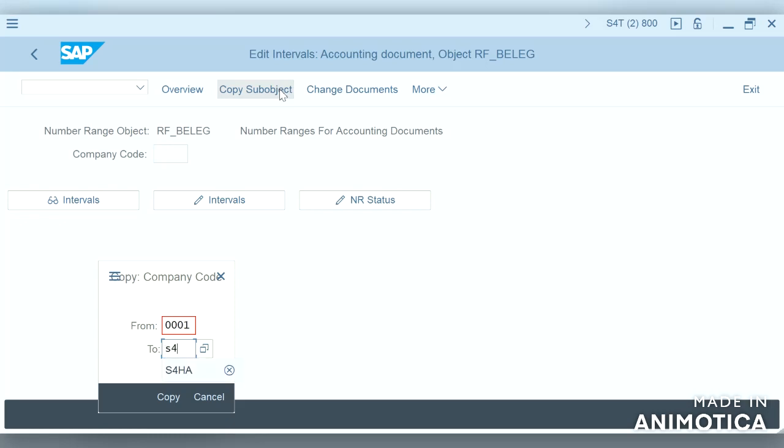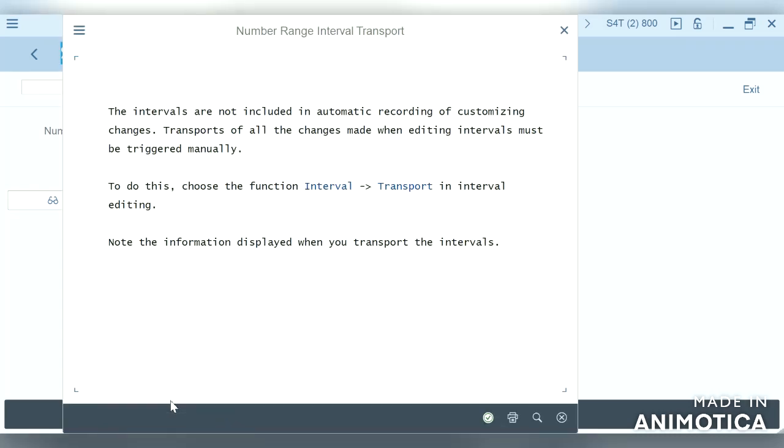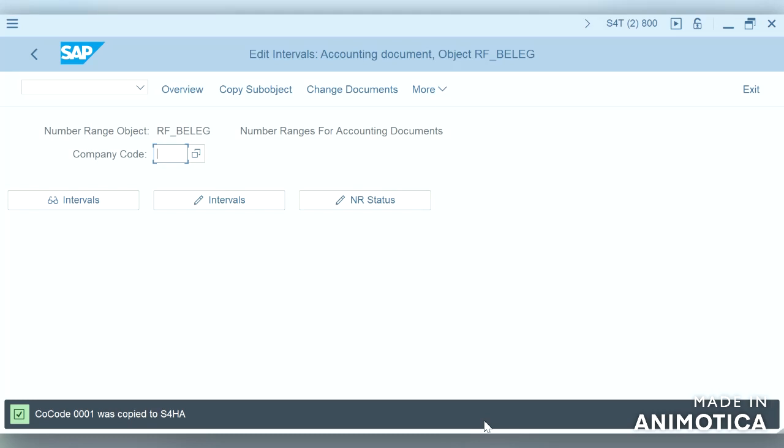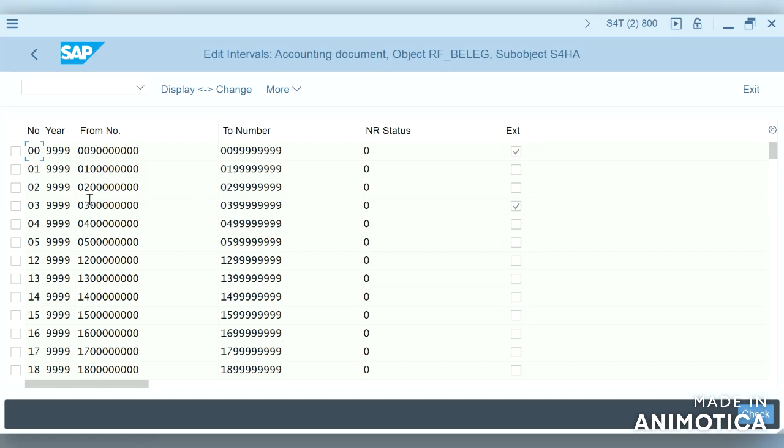Yes, HE. Copied. PS4HE, and we can see the number ranges are copied.